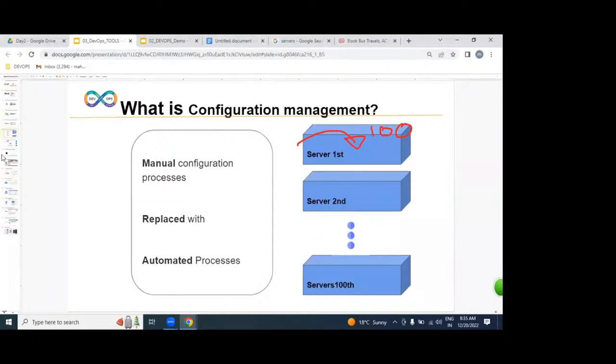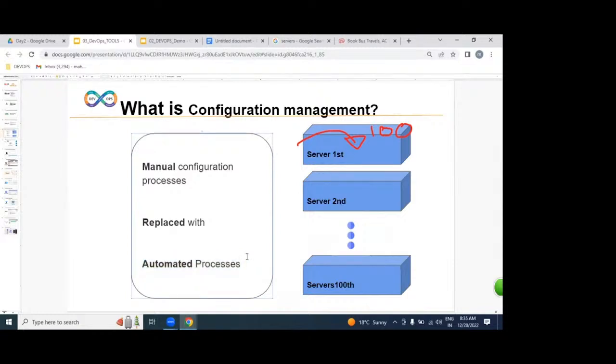By using configuration management, we can replace a manual process with an automated process. Instead of manually installing software server by server, at a time on hundreds of servers we can install our software. That we call configuration. Configuration is nothing but a setup: installing, changing files, whatever.